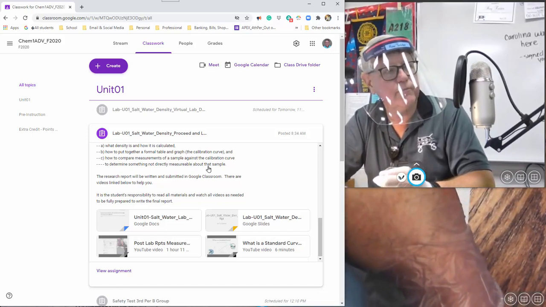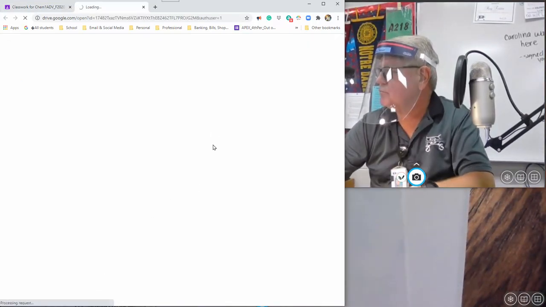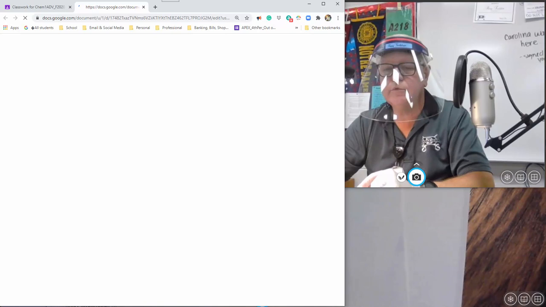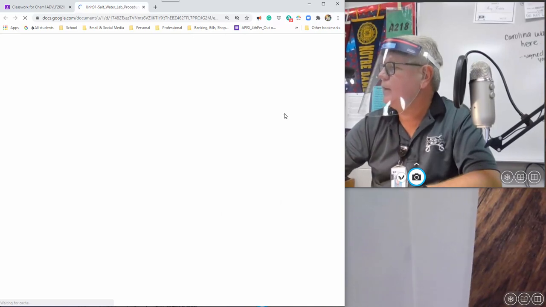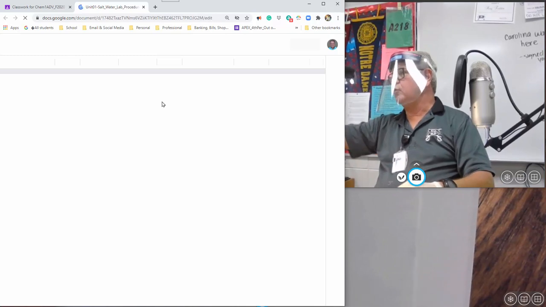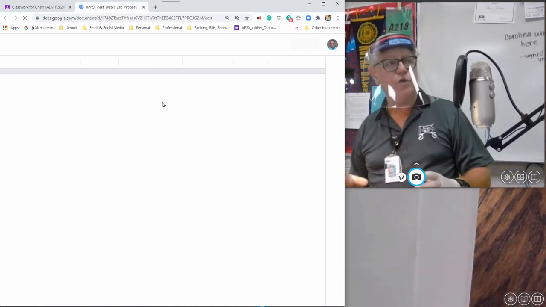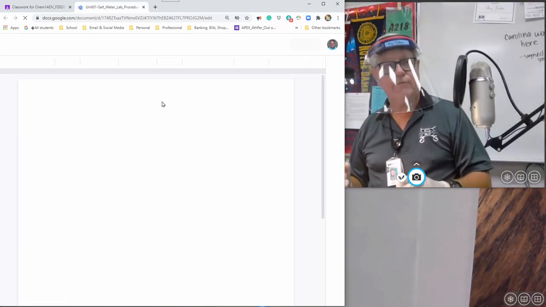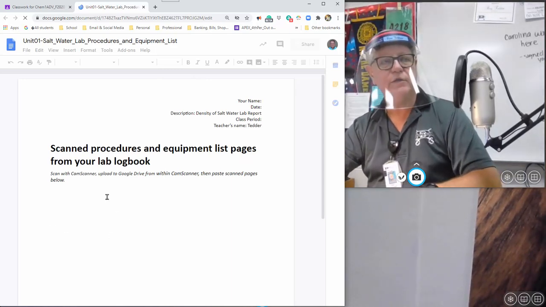Does that make sense? So when you send in on this document, so this is the document that has your name on it, and it'll open up here. It's a little slow here this morning. Well, it's slow anyway because I got all these people with all these computers on right now. But using that CamScanner app, you're going to take a picture of the equipment you think you're going to need and the procedures you think you're going to use, or maybe more than one. You're going to scan it with your CamScanner app. You're going to upload it to Google Drive. Then from here, you're going to insert those pages into here, okay?